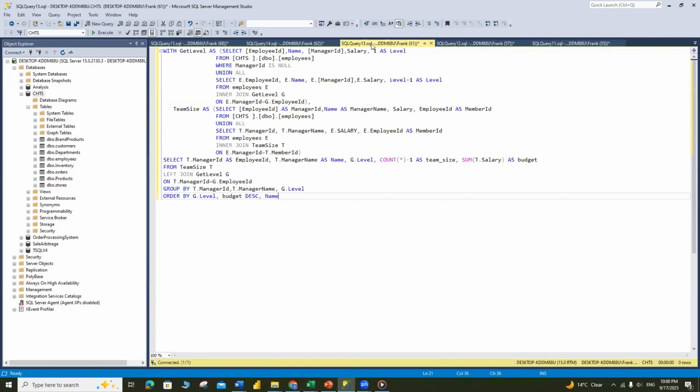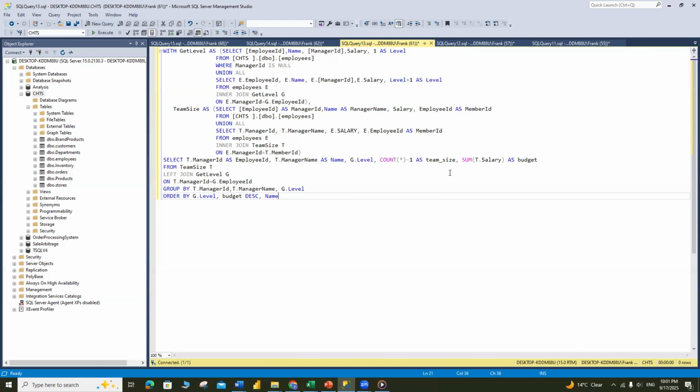In the main query, we join the 2 recursive CTEs to retrieve the columns we need and use aggregate functions to calculate team size and budget. Count minus 1 means total employee number of the team except the manager, which is the team's size. Sum T.salary, total budget of all members. Make sure to use the salary of the second recursive CTE, which means the salary of a member. Salary of the first recursive CTE is the salary of a manager, and cannot be used for calculation of total